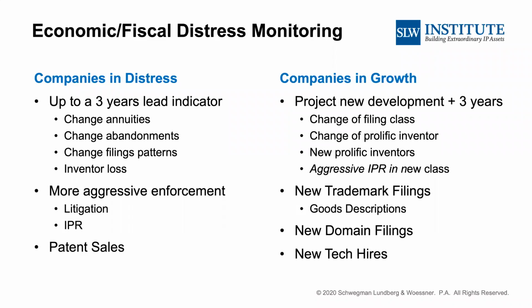Also, have they changed how they enforce? Because in many cases, companies that are experiencing economic downturn will turn to a fairly aggressive litigation profile where none had existed before. And also, you can look at various assignments. Do you see items transferred away for a quick cash bump, or are there patent assignments to large financial entities that would include some sort of financing or bridging payment? Alternately, the same thing goes on the growth side, except companies in growth have a much different profile,